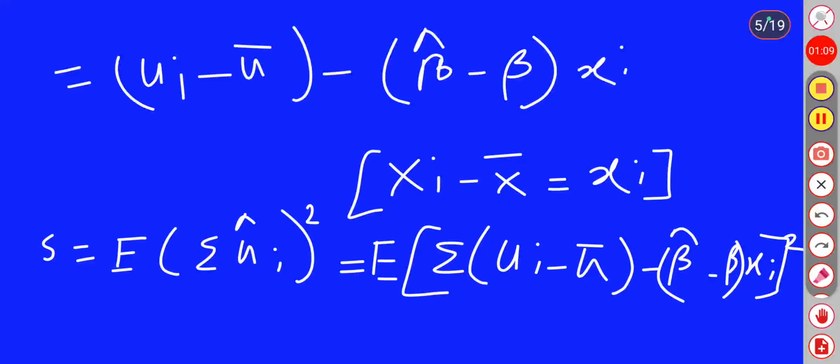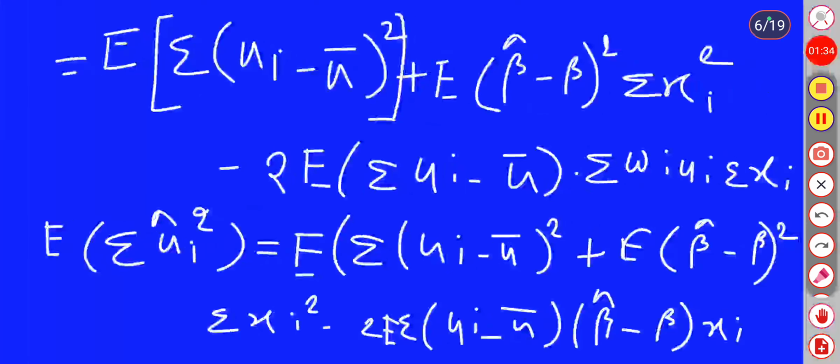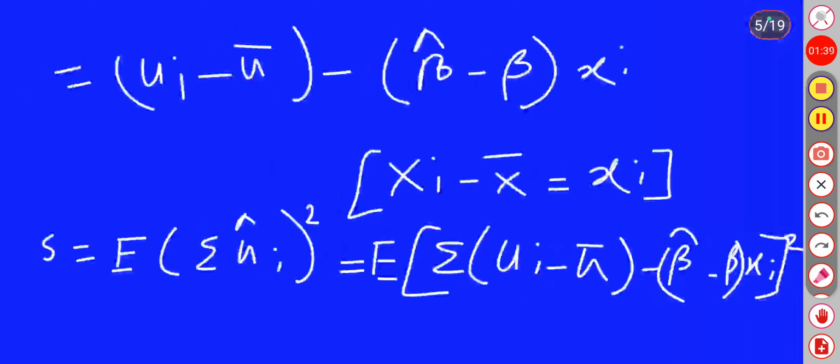So ui minus u bar minus (beta hat minus beta) into xi. We know that capital Xi minus capital X bar equals small xi, and S is equal to the sum of ui hat square, which is the expected value of (ui minus u bar minus (beta hat minus beta) xi) whole square. And we break this term as (a minus b) whole square,